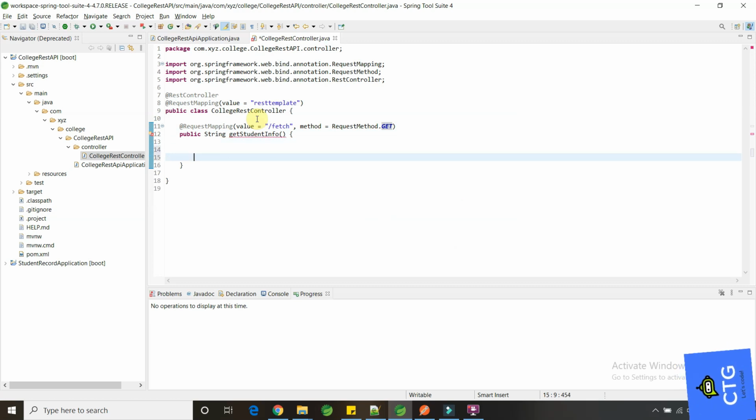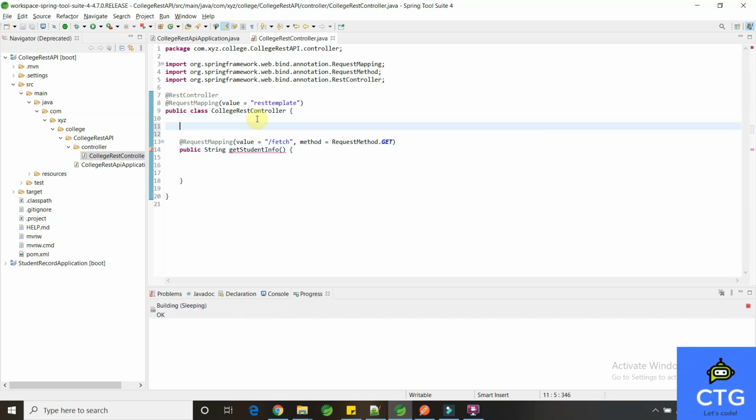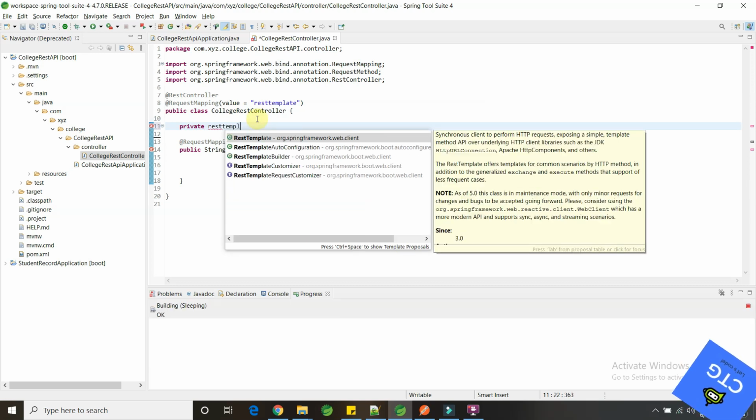Now, as you know, we are going to use the REST template framework. For that, we have to get that object in this controller. We have two different approaches, and the approach we are going to use is through annotation. So, private REST template.